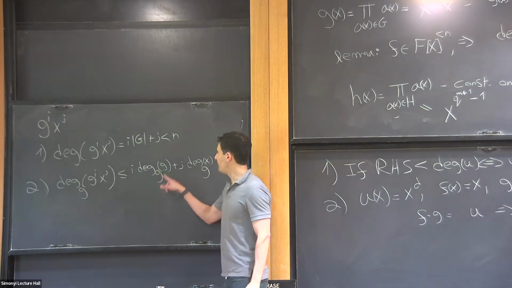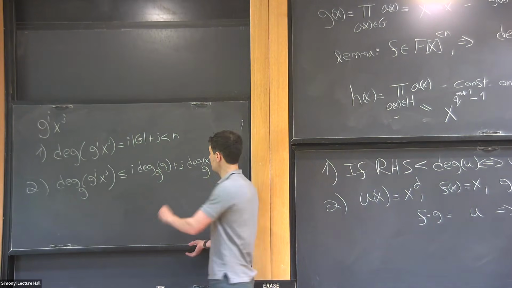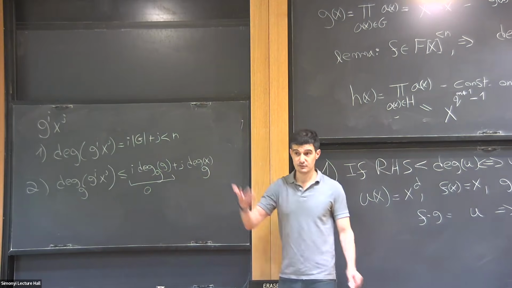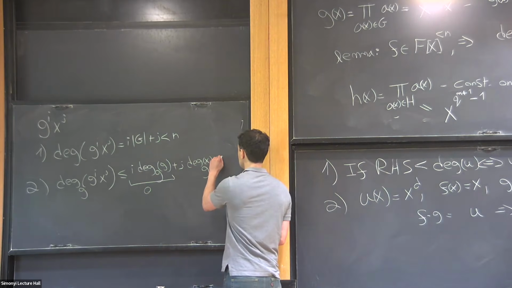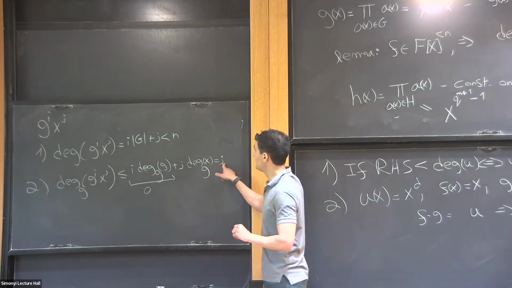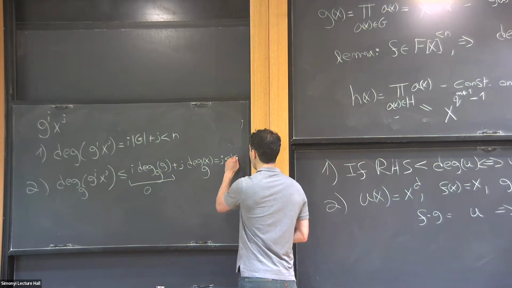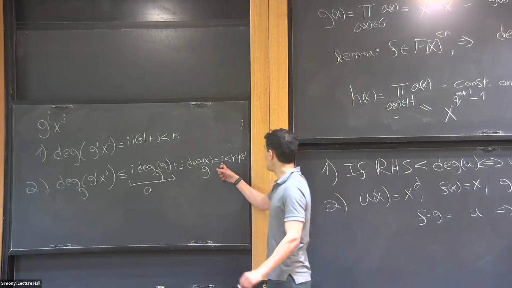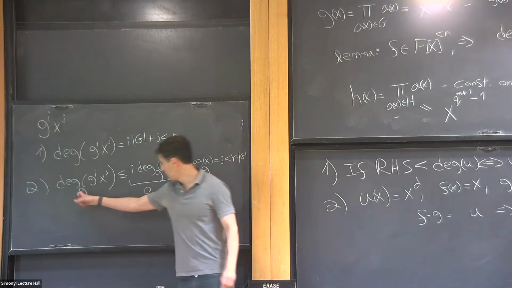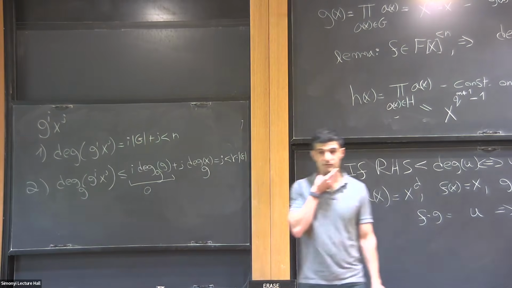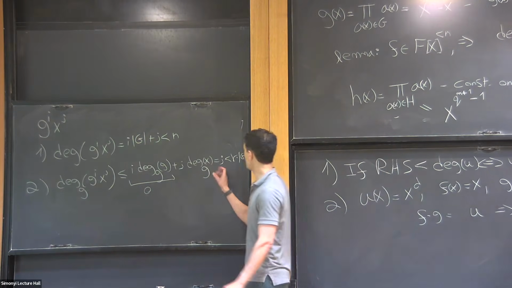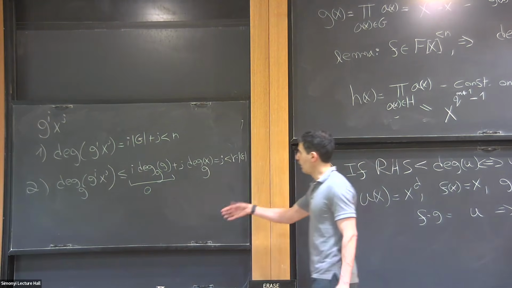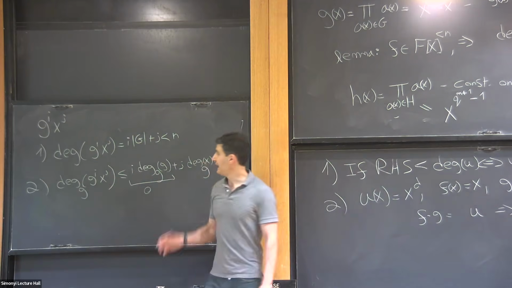What is the g-base degree of g? 0. So this is 0. This is good. And what is the g-base degree of x? 1. So this equals j. So what we require is that j is at most r times the size of g. If I require that j satisfies this constraint, then of course this is satisfied. So I'm relaxing a bit. I'm just requiring that j satisfies this, and then automatically I get a bound that my polynomial satisfies what I want. Now the last thing is